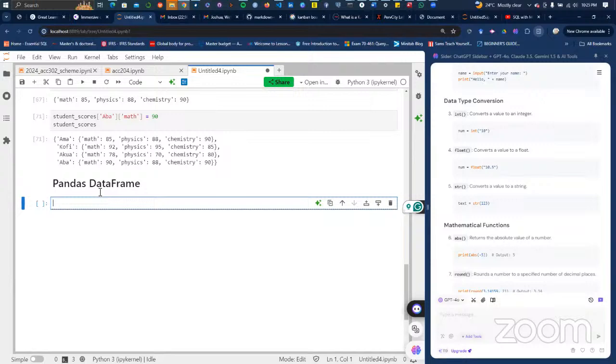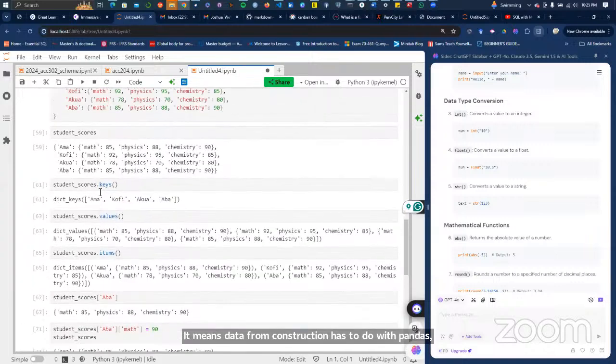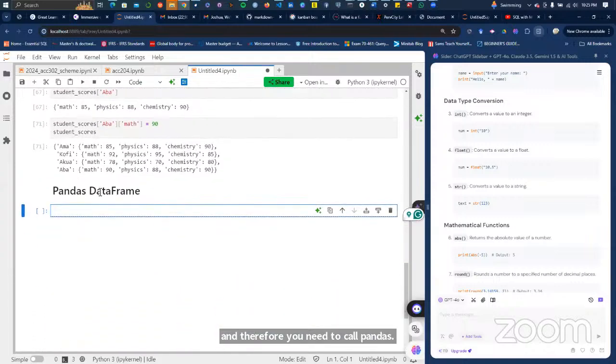So we learned about the most commonly used way of the data frame constructor, which is a function in pandas. It means data frame construction has to do with pandas, and therefore you need to call pandas. We have already imported pandas, so we only need to call pandas, pd. Then there's a function. So this is how the structure is like.